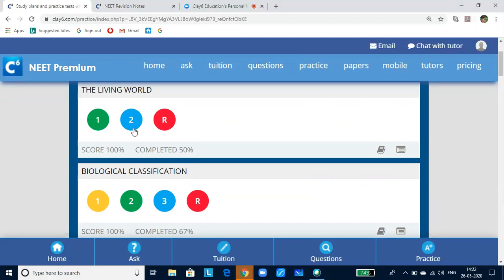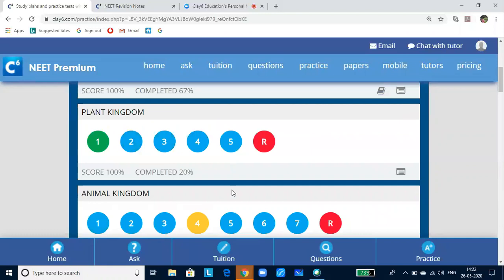Now a blue bubble shows that you have yet to take the test. A yellow bubble shows that you have not completed the test. Sometimes you would have started the test, and after 3 or 4 questions, you would have realized you are not thorough with the concepts and you need to relearn them. So you will discontinue and go. Once after learning, if you get back, this will remind you to complete the test.